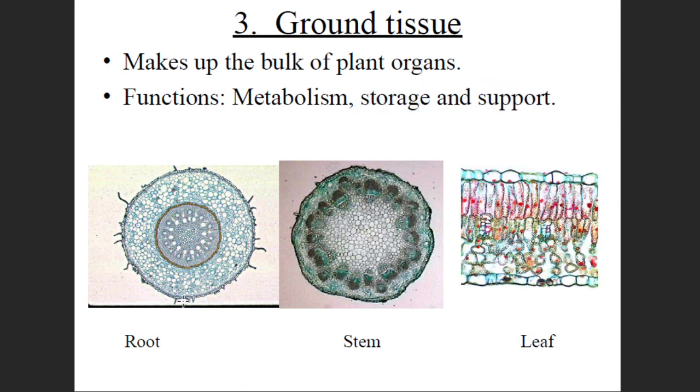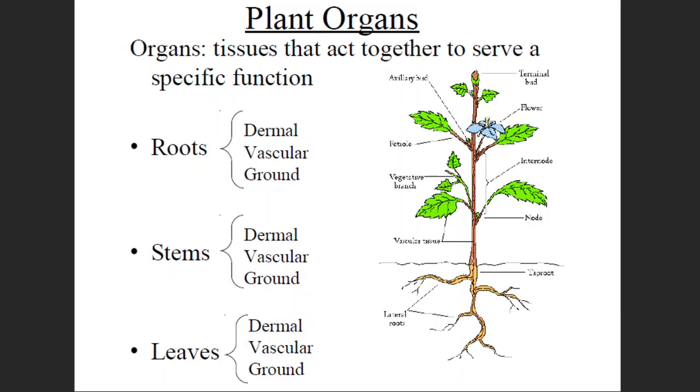So in the case of the root, the stem, and the leaf, we can find these ground tissues. The major part of this cross section is covered by the ground tissues. Epidermis is at the extreme end, while the vascular tissue is at the center. It again depends upon the type, if we further classify the plants into monocot and dicot, it will vary, but the vascular tissues are present at the center, and the rest of the area is covered by the ground tissues. As the name suggests, it covers the major part. We can also call it the cortex.